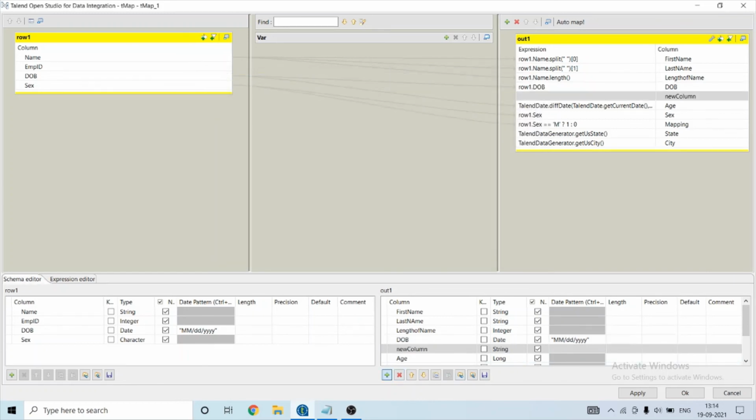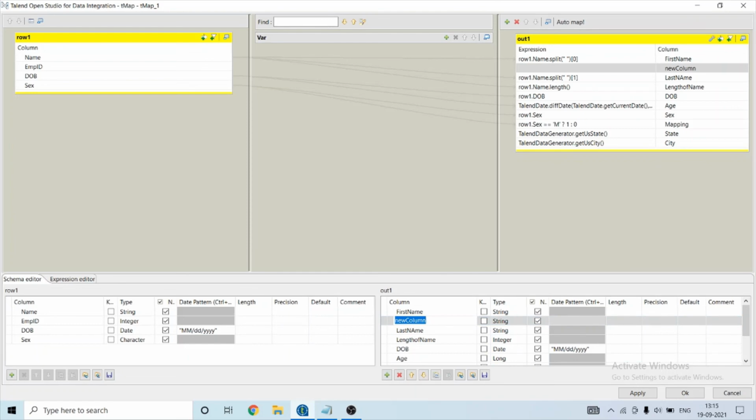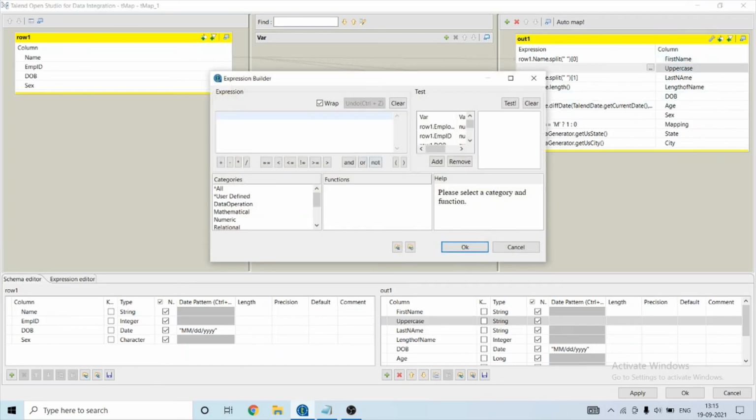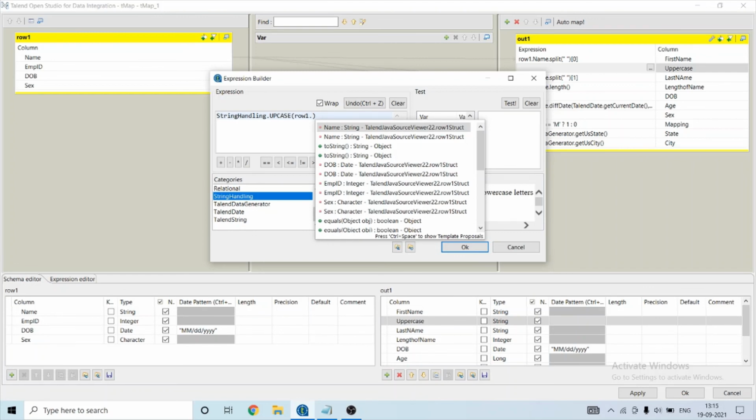I will create a new column that will convert the first name into uppercase. I'm going to use this function uppercase and pass row1.first name.